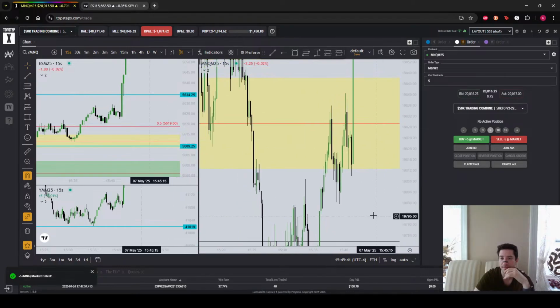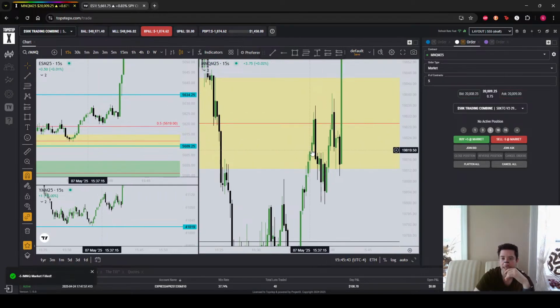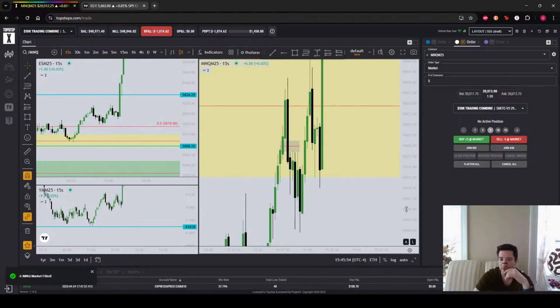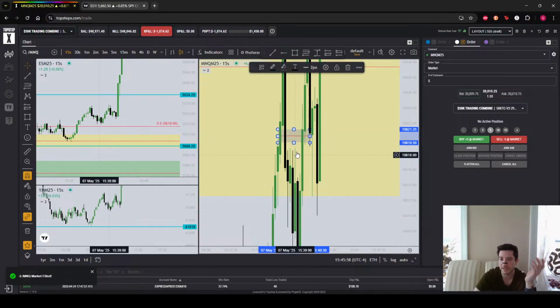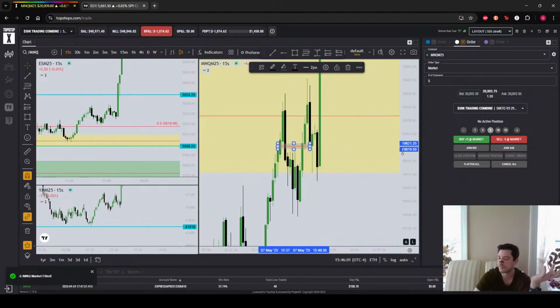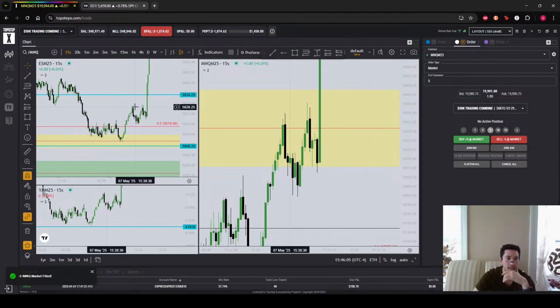I kind of knew this was in bad shape after it didn't stab into this balanced price range. That's a signal that I don't love. So we came here. I guess no, it didn't. See, that's wrong. It never came into here. That was a red flag. Probably should have moved my stop above these highs. Didn't. So that's on me.